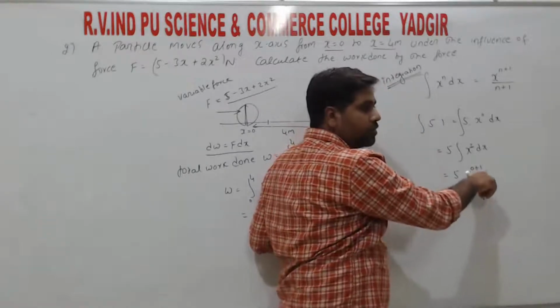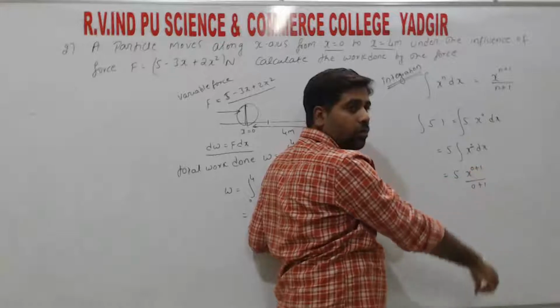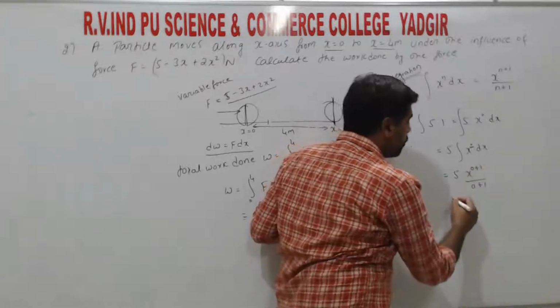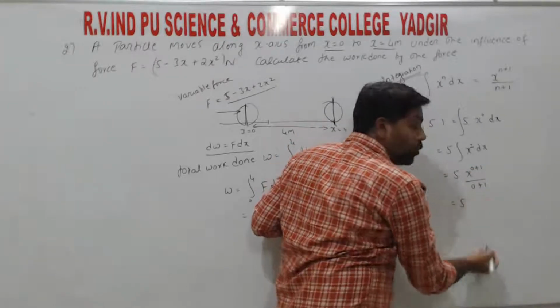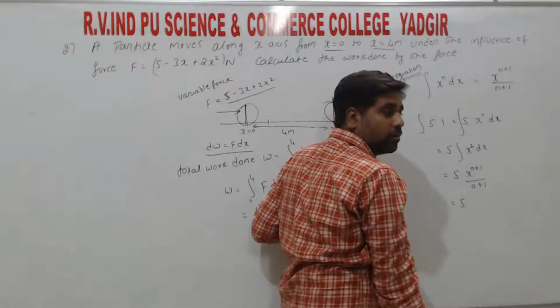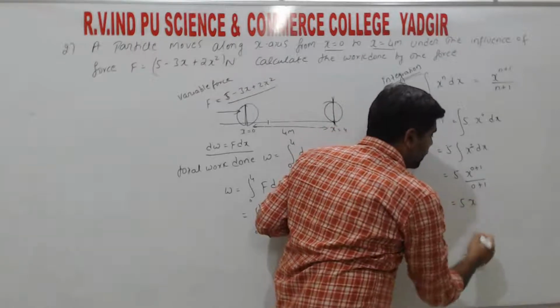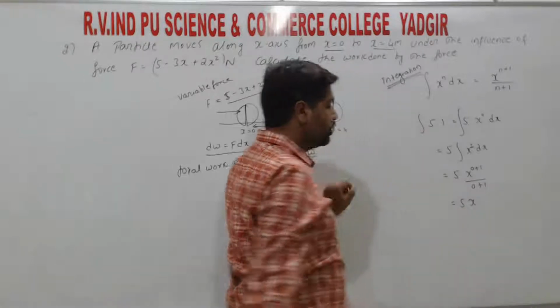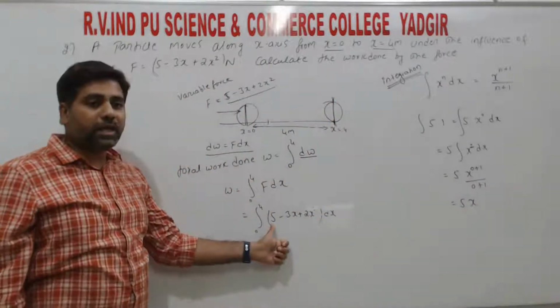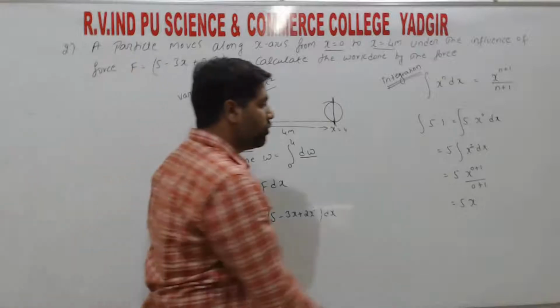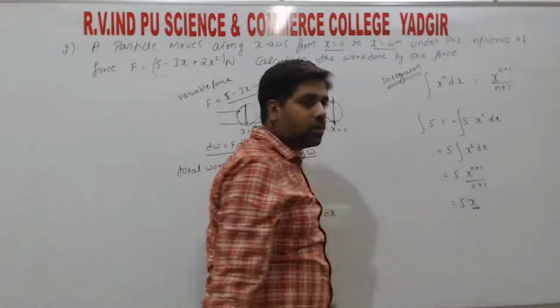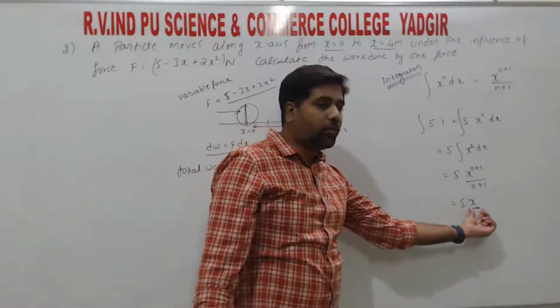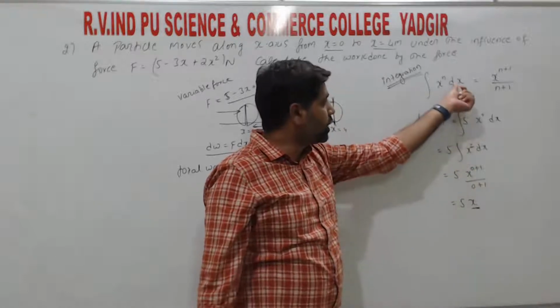So 0 plus 1 is 1. So x power 1, what do we write? x divided by 1, that is equal to 5x, right? So integration of any constant always gives that value with x. So if we integrate any constant, what comes with it? x, that is with respect to x it is x,